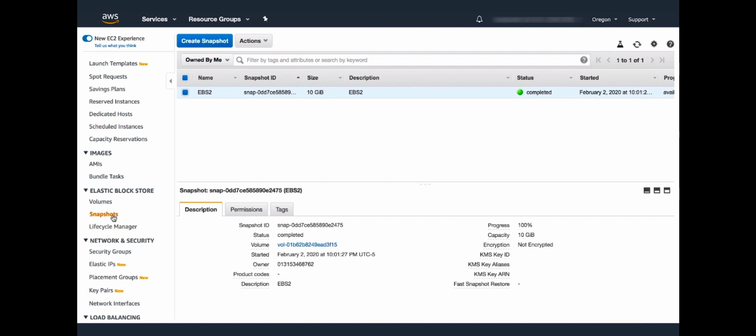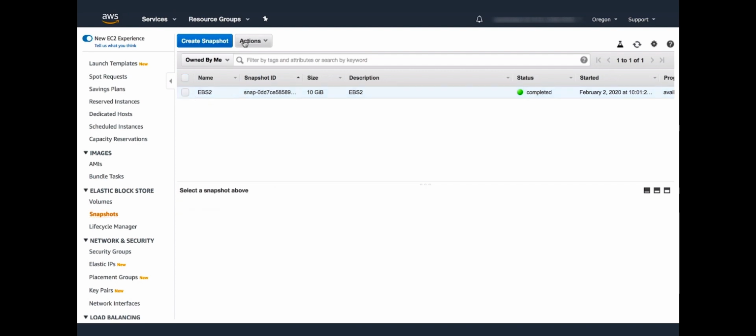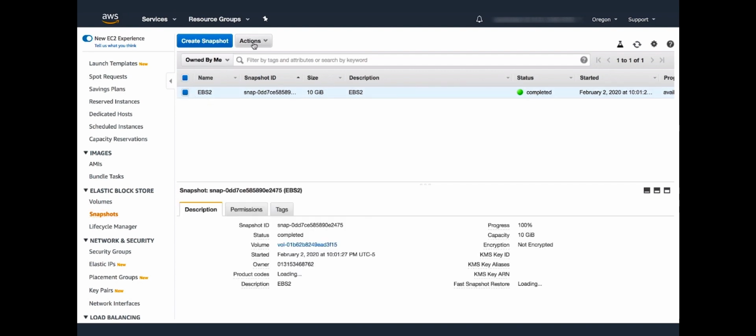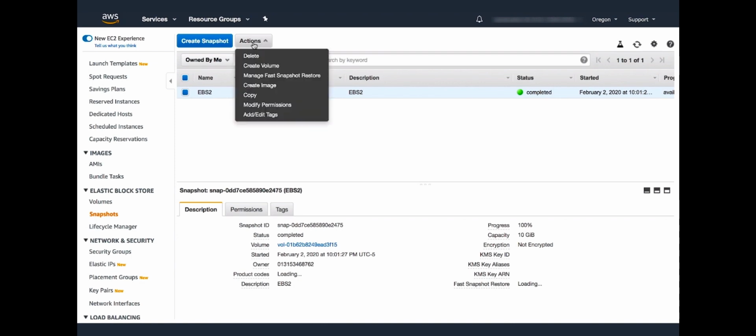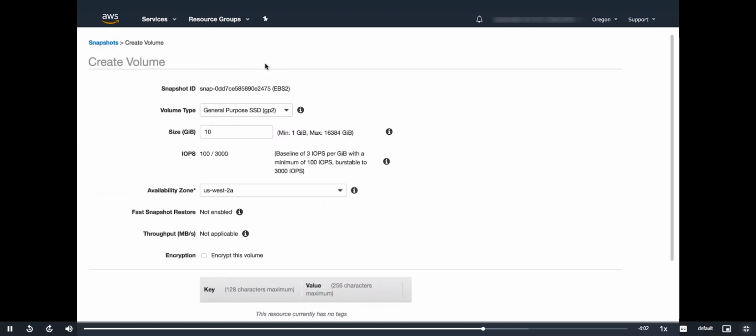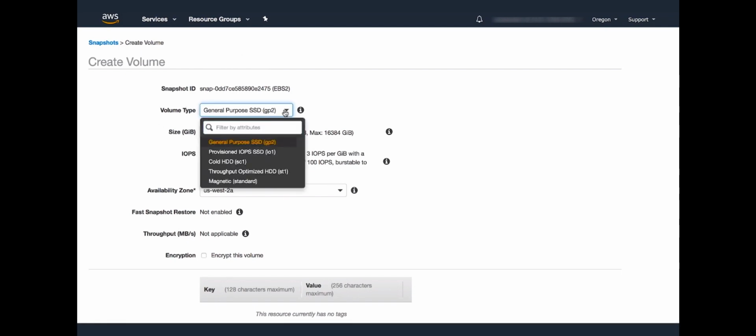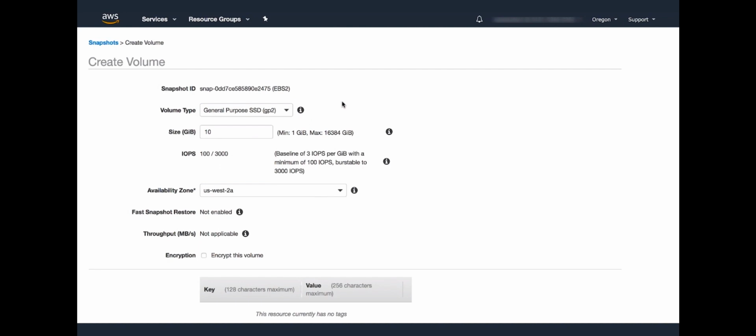We navigate to the snapshot panel. We see one snapshot, EBS2, that has been completed. We select it. And on the Actions menu, we're going to select Create Volume. At this point, you have the ability to actually change the volume type. You also have the ability to change the volume size. In this case,